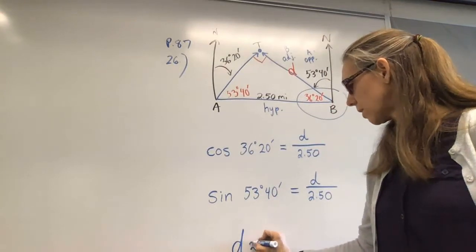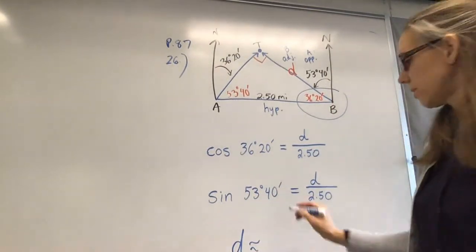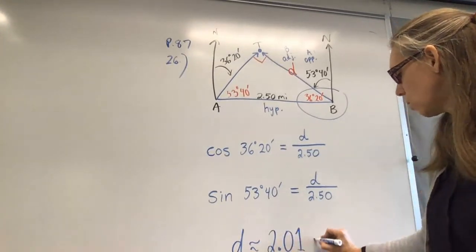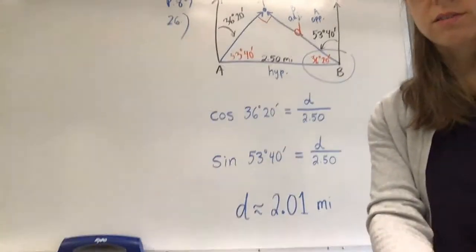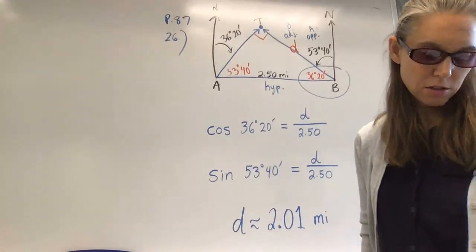And either way, we're going to round to 3 significant digits. So we're going to have 2.01 miles as our final answer there. Okay, so after this, next I'm going to do number